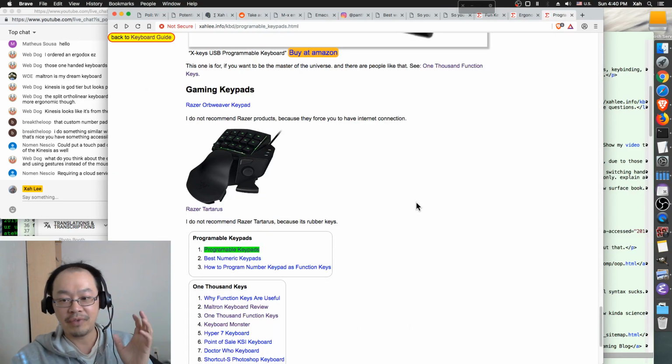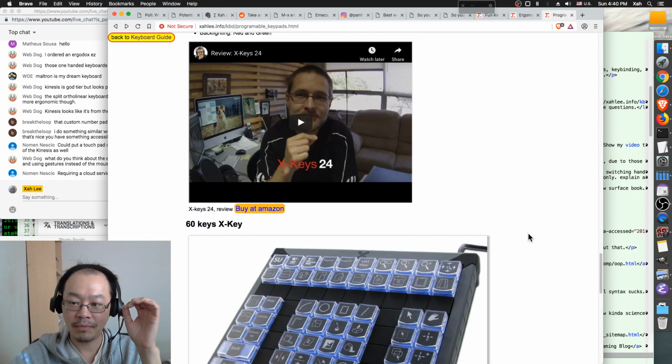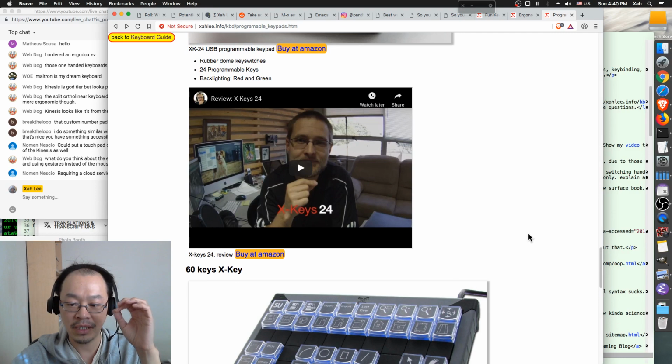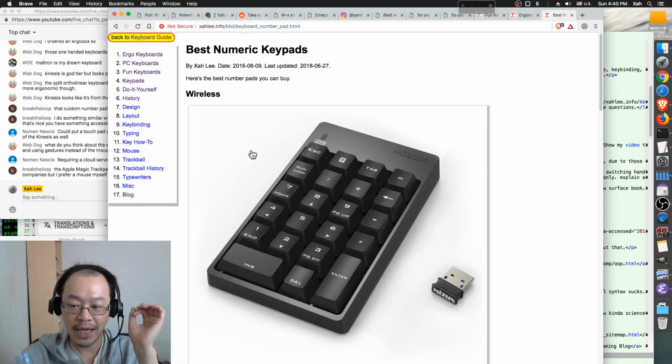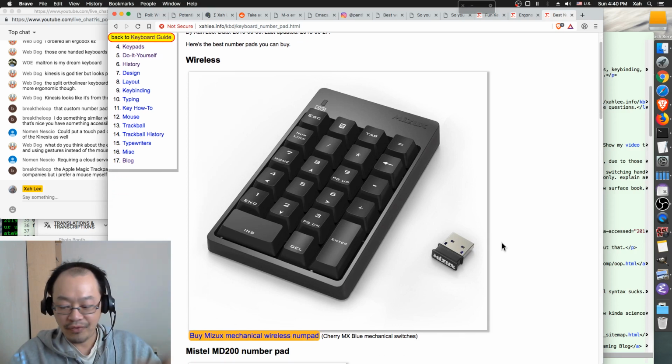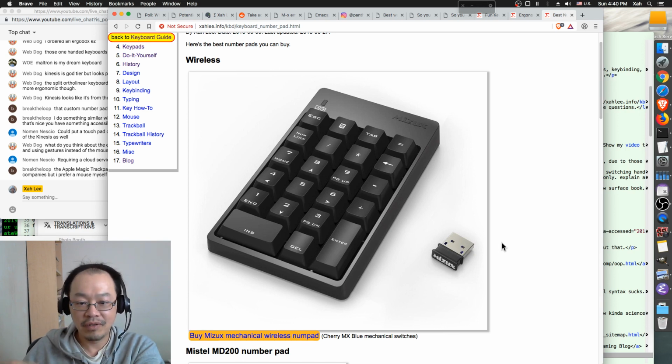Okay, so if you don't want to spend that much, here's a big one. If you don't want to spend that much money on a programmable keypad, then you buy a numeric keypad. Now, if you have a normal standard keyboard, usually there's a numeric keypad. For many people, you don't use that.